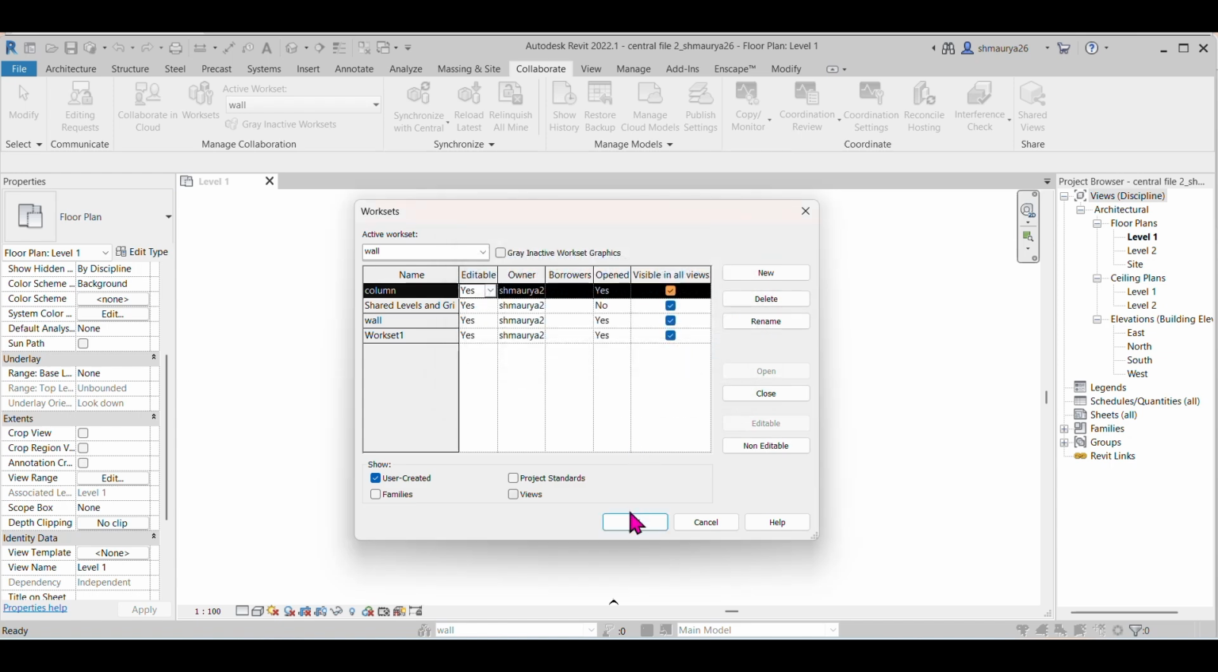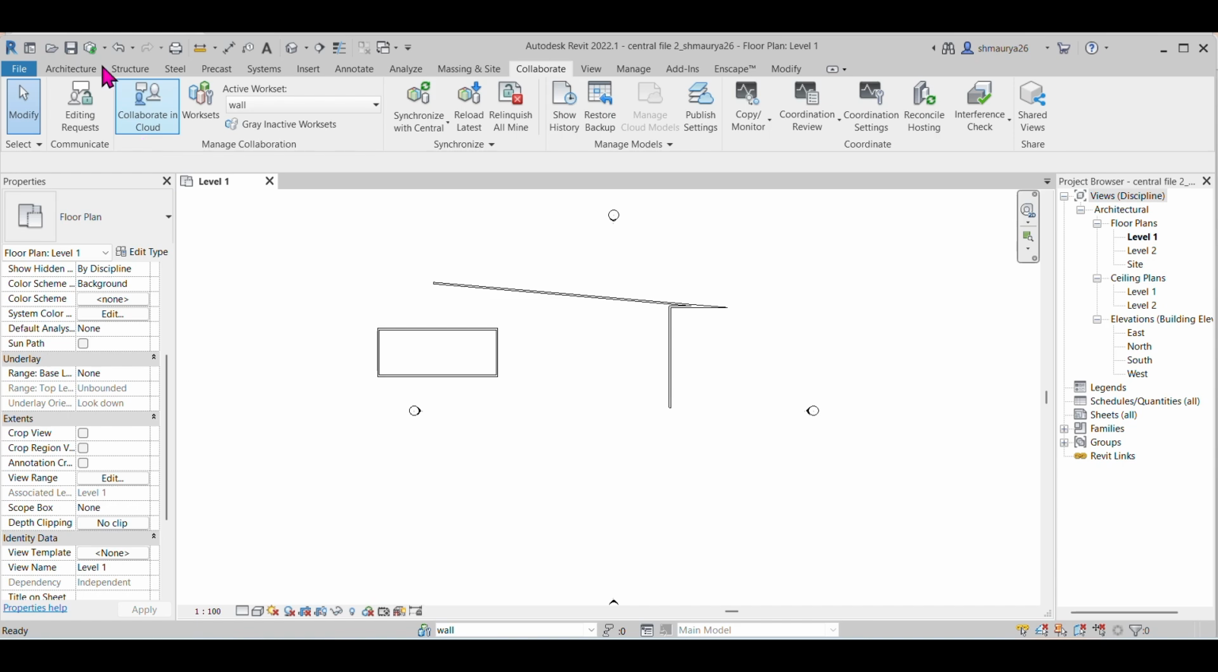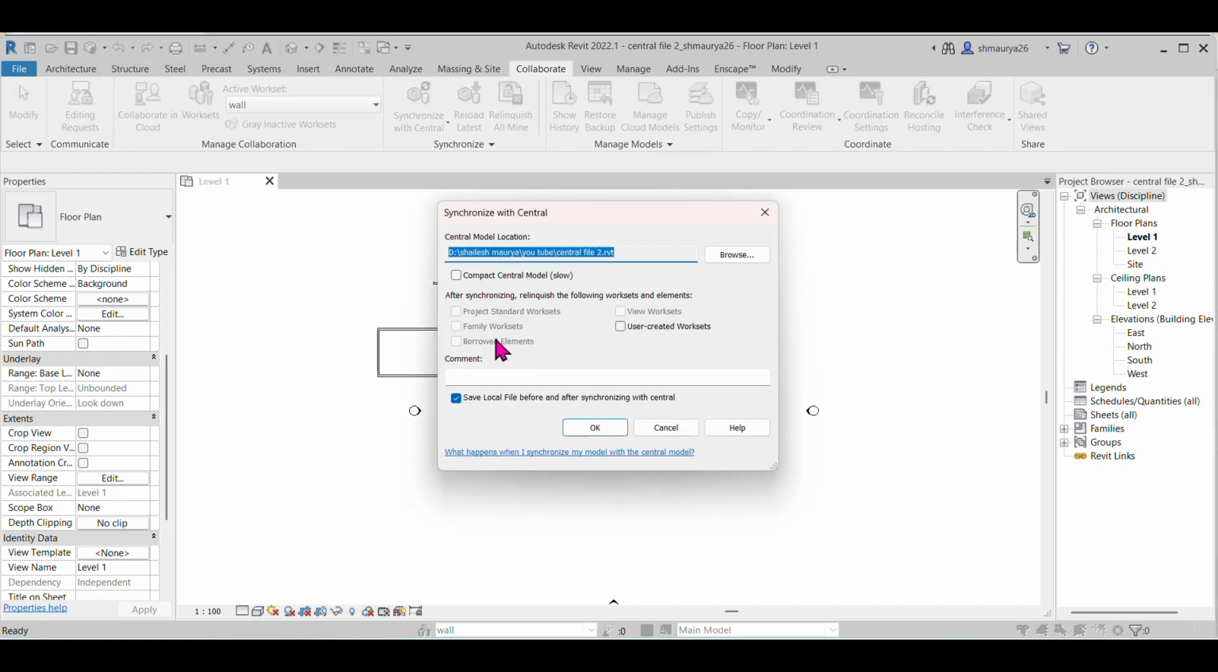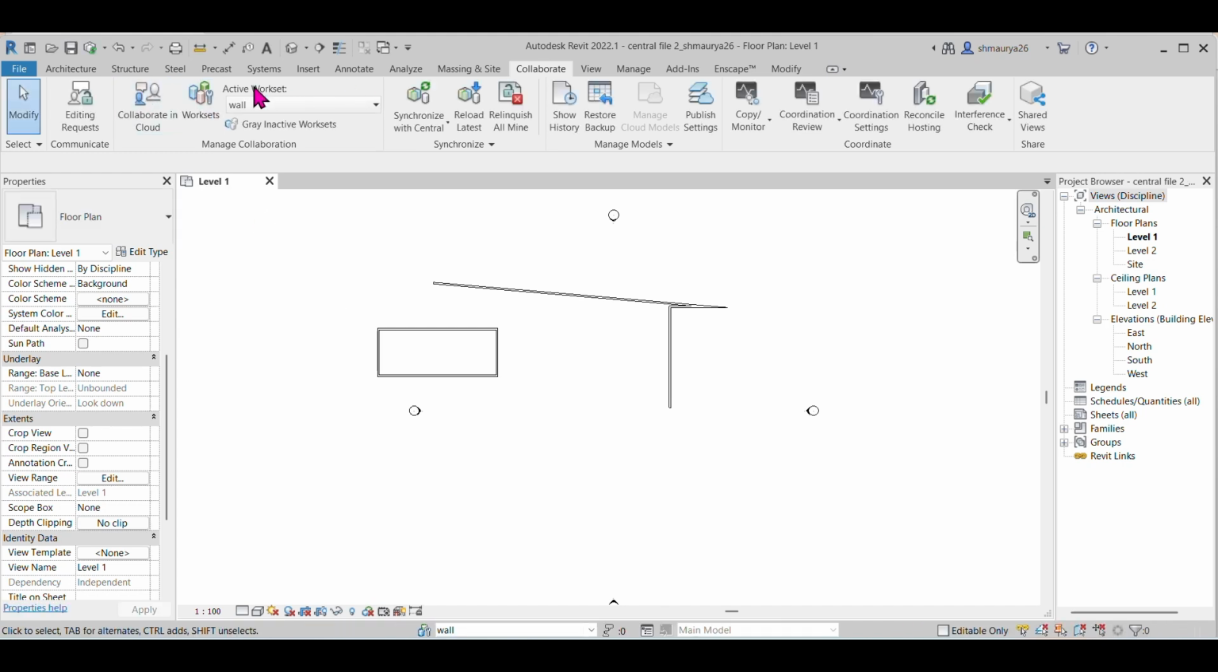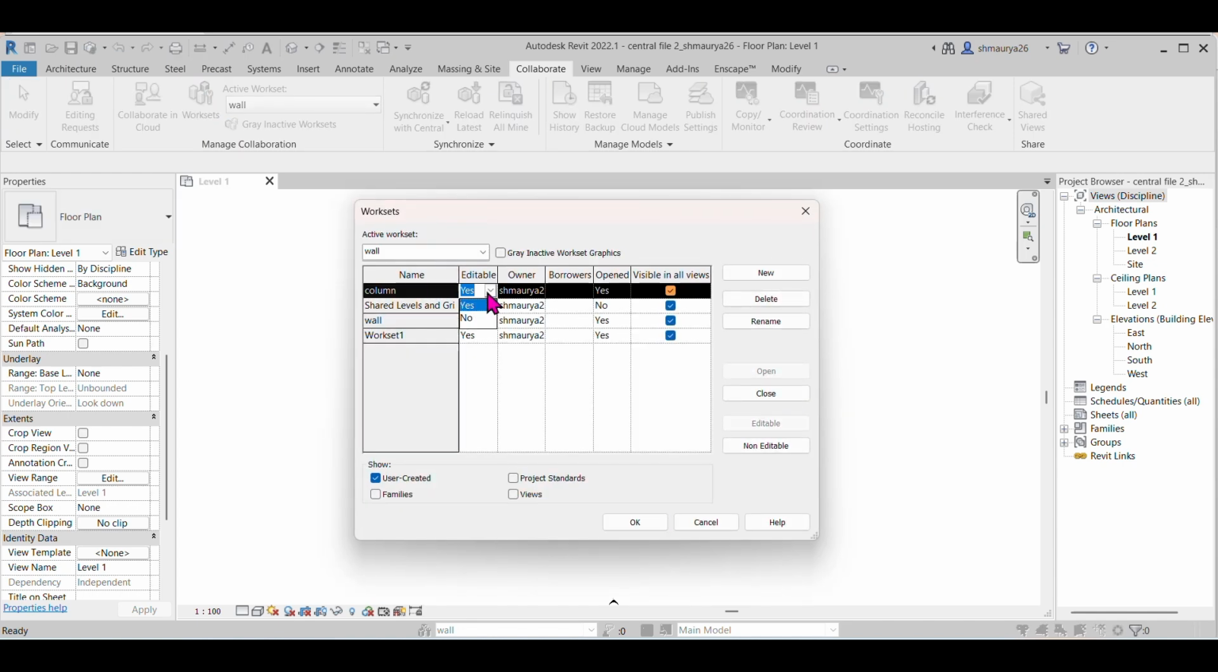So let me first make it synchronized. I will just click on synchronize and click on OK. We have already seen this one, right? So how to synchronize, and it is showing saving right now. So I will just click on workset, and right now if I just click on no, then basically